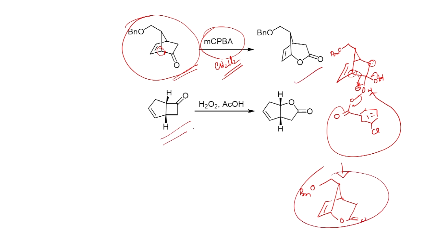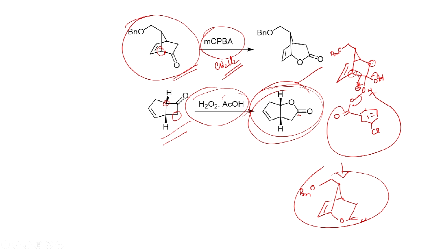Similarly, in this case, if you look at this carbon and this one, this is more nucleophilic, this can undergo migration and give this bicyclic lactone as a product. Here the metachloroperbenzoic acid has been used. Here the combination of hydrogen peroxide and acetic acid has been used, and you will have a similar kind of reaction. In this case maybe the acetic acid is oxidized to peracetic acid, which acts as an oxidizing agent, can undergo reaction, and you will be able to form this bicyclic lactone as the product.